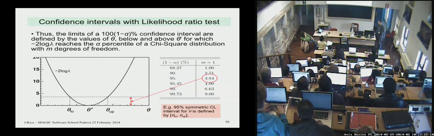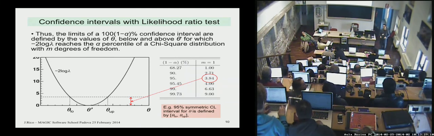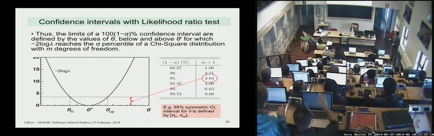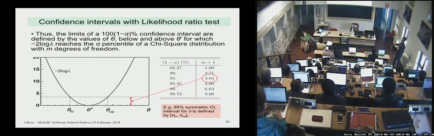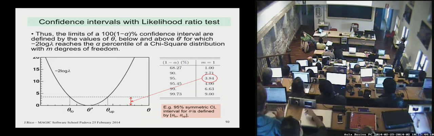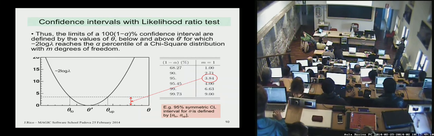Questions? Why is it symmetric? Who said that? Is the chi-square distribution symmetric? Well, this is not the chi-square distribution. This is this function here. You said it's chi-square distributed. Yeah, but that doesn't mean that the value with respect to theta has the shape of a chi-square distribution. This is how a chi-square function looks like. Another thing is how